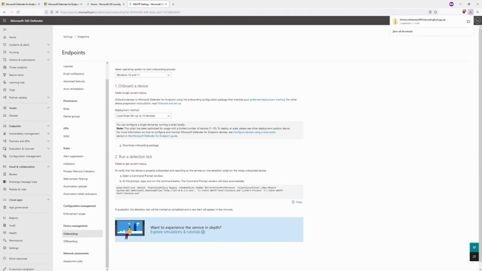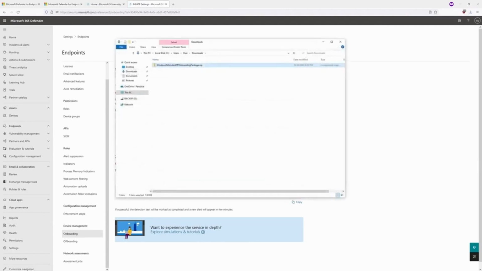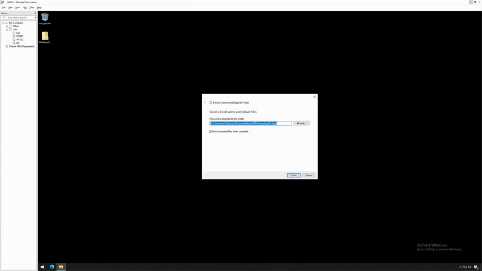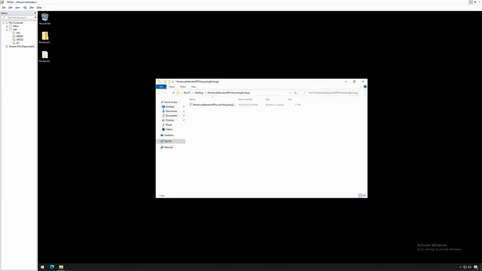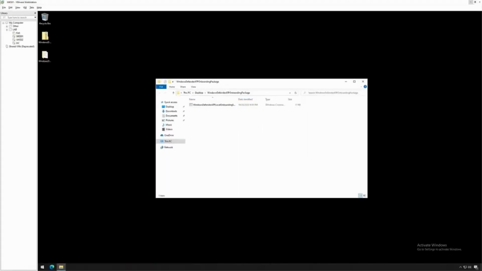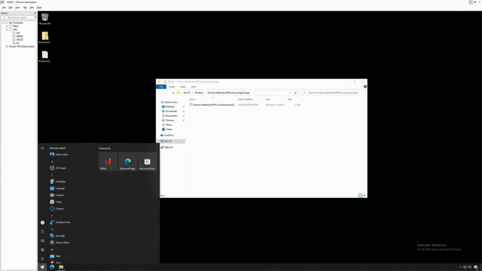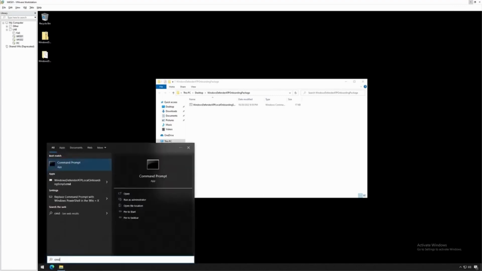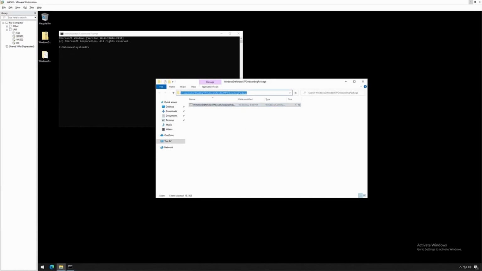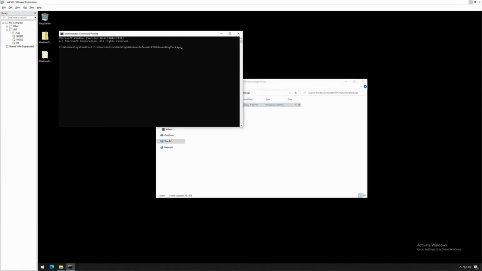With our download complete, we'll go ahead and grab our onboarding package and copy it over to our virtual machine. From here, we'll extract out the compressed zip file. And we're now presented with a local script. Now from our virtual machine, we'll go ahead and open up an administrative command prompt. So we'll first navigate to the directory that contains the script, and then provide the script name,